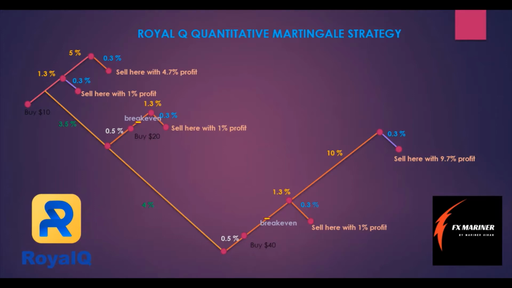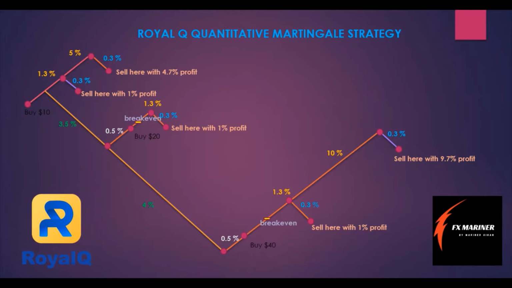So here I'm going to explain how this one works. This bot is very popular now because this strategy makes you more money. It doesn't matter in which direction the market moves, the bot will make you money as long as you run this bot. So you have to have some USDT, because it is the base currency that this Royal Cube bot works with. So you have to have some USDT in your Binance or Huobi account in case you want to run this Royal Cube trading bot.